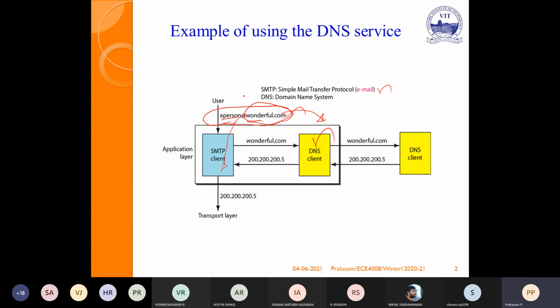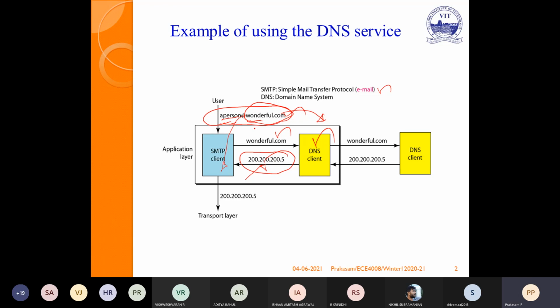Similarly, each and every domain name has one IP address. Without it, globally on the internet, everything is represented using IP addresses. For example, without an IP address, if the system accesses wonderful.com or gmail.com, the system will get confused, since somebody may start a website like wonderful1.com.